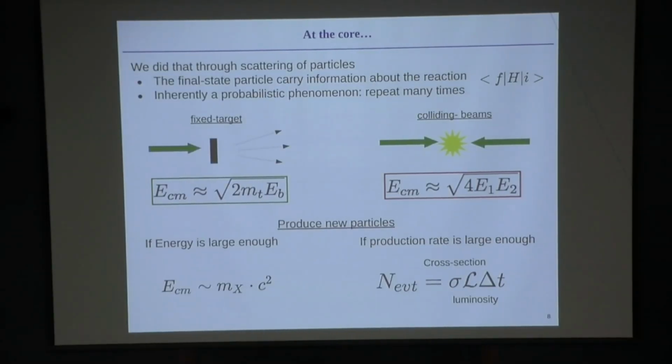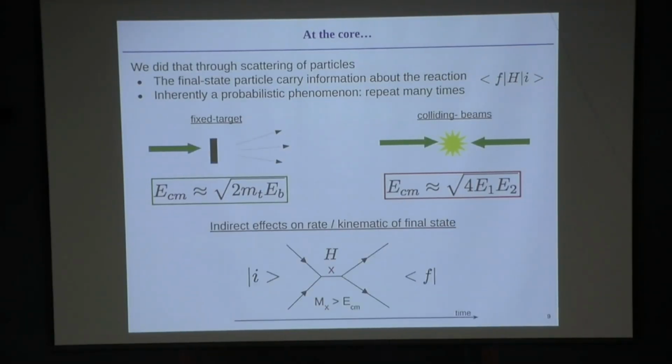It's not enough to have something that is high energy. You need to repeat the scattering experiment many, many times. And of course, the most interesting processes turn out to be pretty rare. This is what is shown at the bottom: the number of events is proportional to the probability of that process happening, what we call the cross-section, and how many collisions you manage to get, which we usually call luminosity.